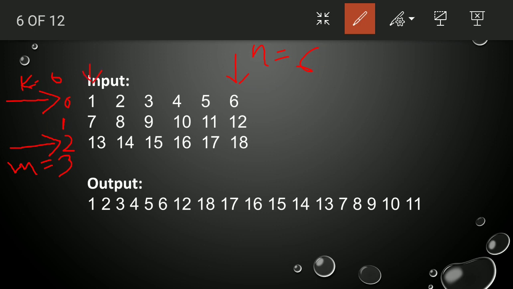This column is your l column. The column indices are 0, 1, 2, 3, 4 and 5. So the first column is your l, the last column is your n. The n value we have taken is 6, the m value is 3. k is your first row index, m is your last row index.